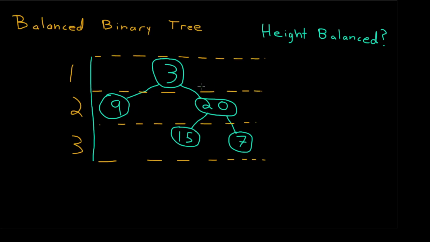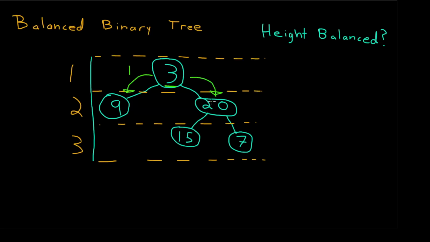So what's going to happen with our algorithm is we're going to say to our root node, which is the 3 here, all right, what's my left height? And we're going to recursively visit this 9, and this 9 is going to say, well, actually, I've got no more left and no more right, but I myself am taking up a height. So I'm going to say my height is 1, and that's going to go ding ding. Okay, my left height is 1. But in order to calculate the right here,